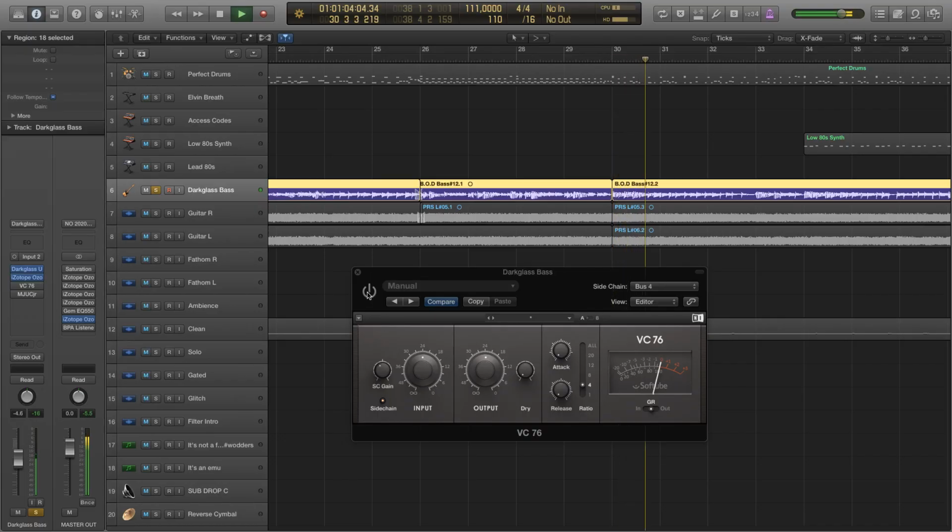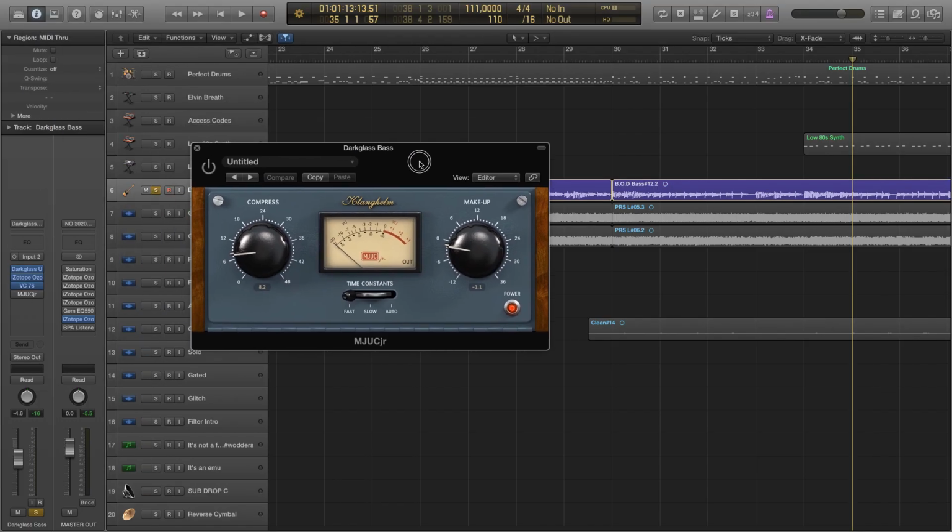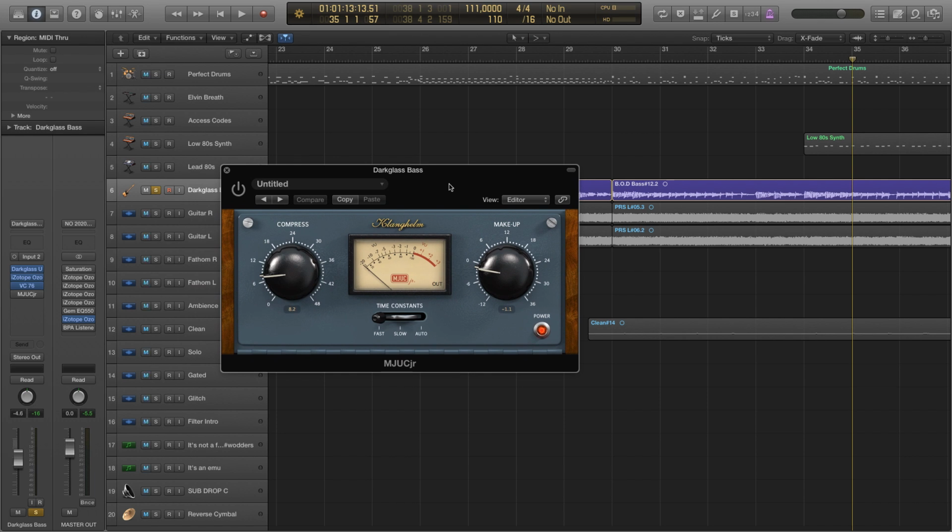So let me show you what it does. As you can hear, both are just doing their things and not being like, oh, I want that low end, and no, I want it. It is so nice. So last but not least, on the bass channel, I have another compressor, the MJUCR Junior,